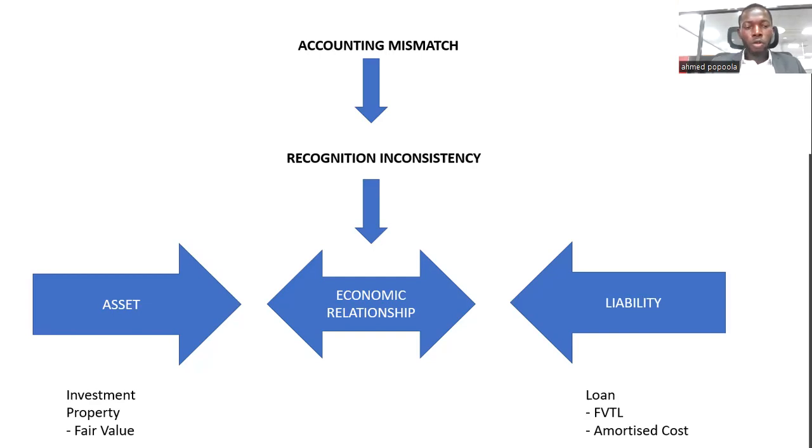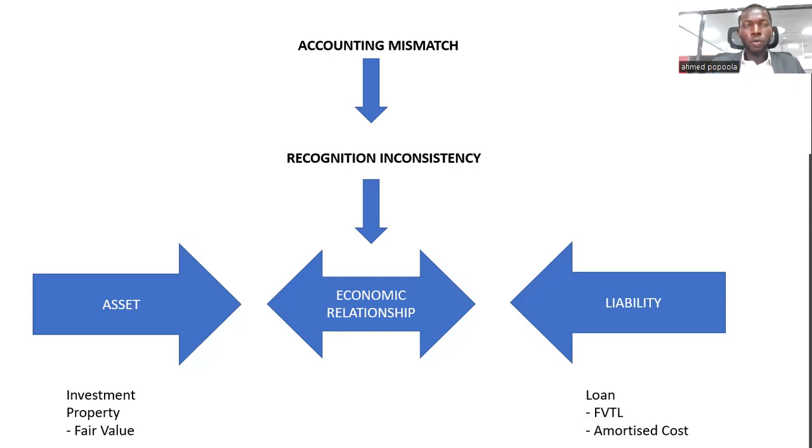So the investment property will be treated in line with the provisions of IAS 40, while the loan, which is a financial liability, will be treated in line with the provisions of IFRS 9 on financial instruments, recognition, and measurement,